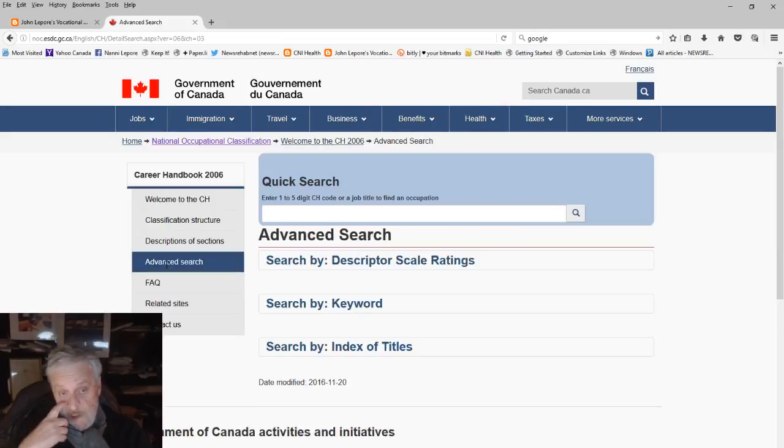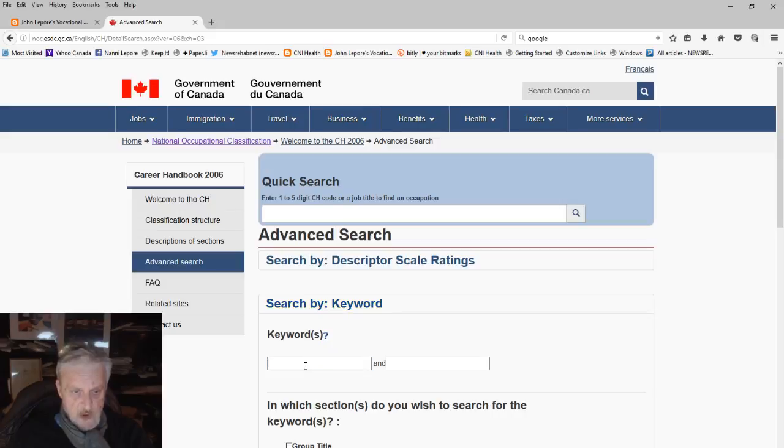Now what we're doing is find out the occupational title of the job that the client did in his work history. So I use the search by keyword. Search by index title can be used as well, but I prefer this one because it gives me more options. So I know the client has worked as a swimming pool installer,